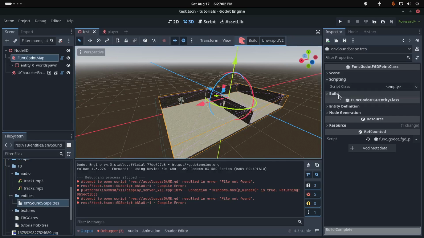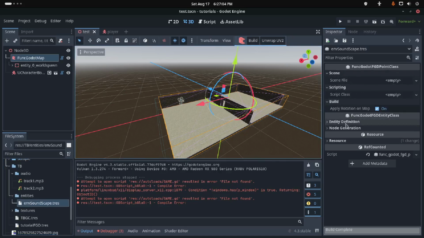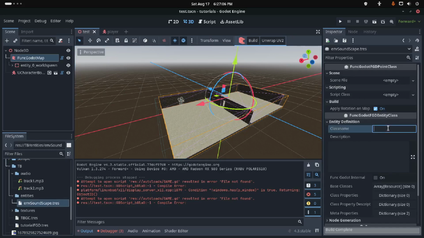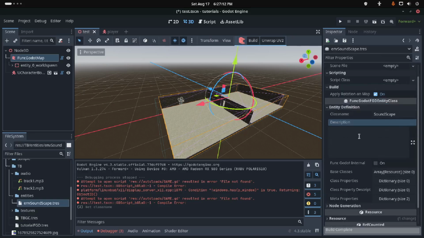So we're not going to make the script just yet. You don't need any of this. You don't need a scene file. Just go to entity definition. Soundscape. Yeah. Don't put a space in any of these little things right here. It'll mess up the formatting, and then you can just do